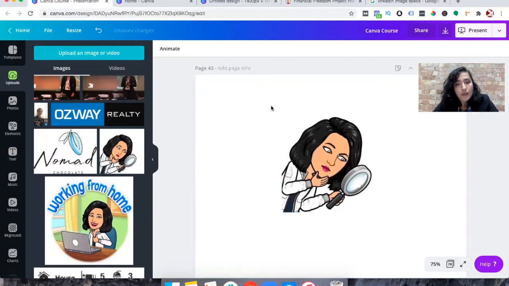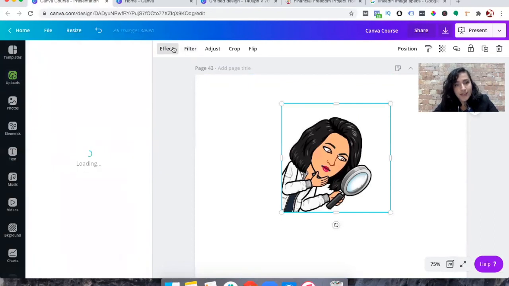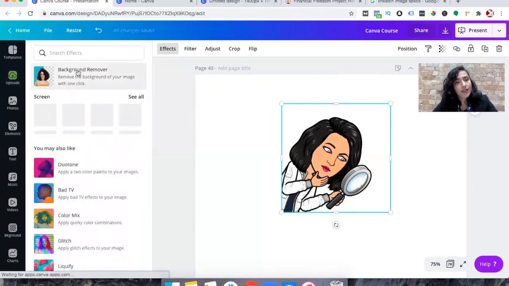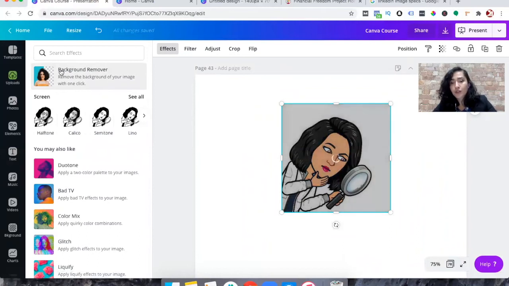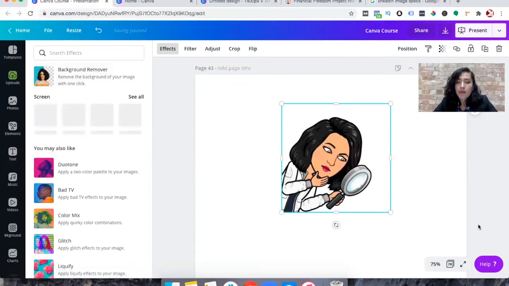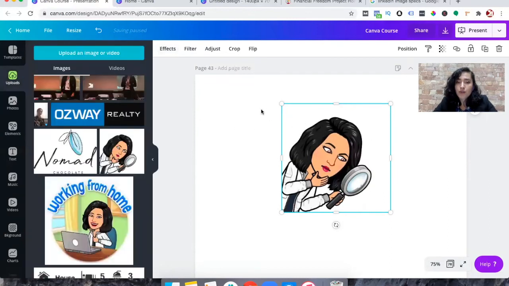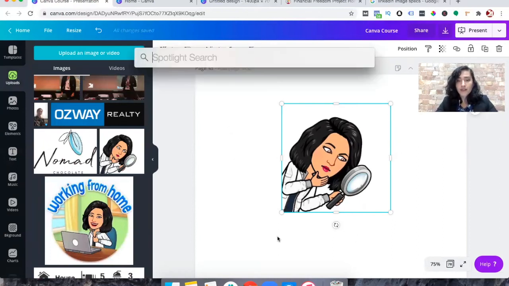What you can do is go to Effects, and then you can use this tool called the background remover. So you no longer need to use Paint. Canva's uploaded a new feature called background remover, which will remove all that white. And so if you want to put this in a red background or a black background, this white isn't going to bother you anymore. On Paint,